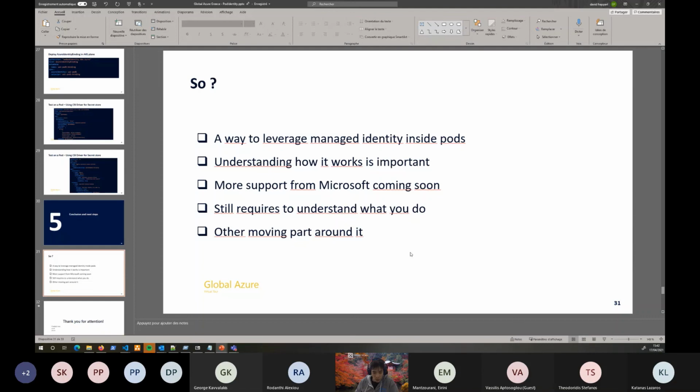I showed you an example with Key Vault. There are other examples. If you use Application Gateway as an ingress controller, but installing it your way with a Helm chart or the manifest, you can leverage pod identity to make it work also. This is not the only choice you have because it's already GA, but under the hood, it's using pod identity.